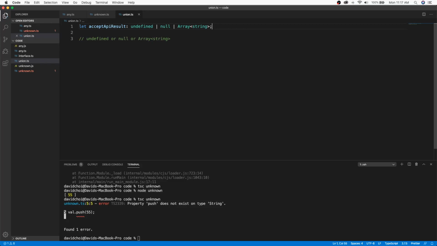So this is valid TypeScript code. And again, all it means is, hey, compiler, this may be undefined, or it may be null, or it may